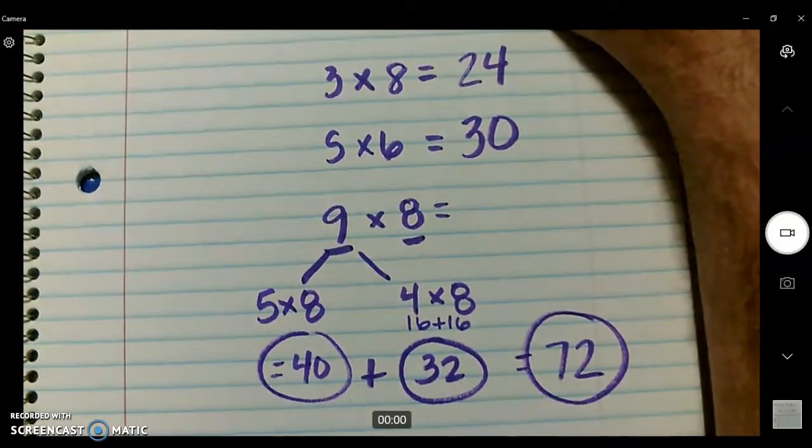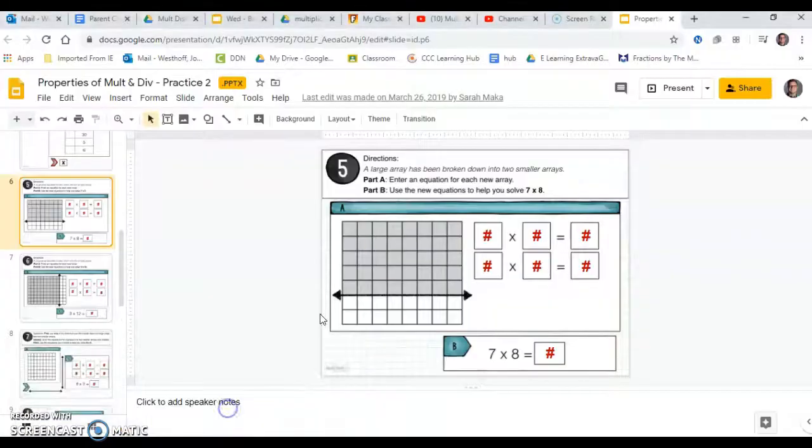Now, let's go and see how you're going to use it today on your work. On your work, it's going to look like this today. Part A. Enter equation for each new array. Remember, arrays have dimensions. How many here? How many on the top? And then use the new equations to solve 7 times 8. So right here already, this is 7 times 8, but they drew a line to make it easier. So the first array is 5